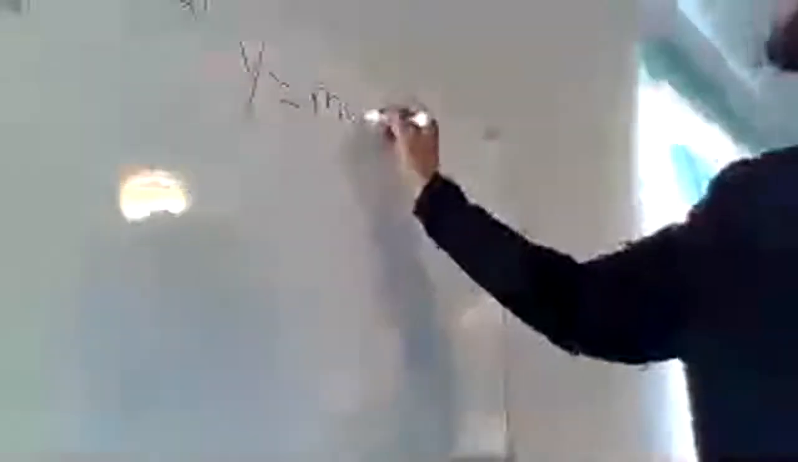All right. So again, slope intercept form is y equals mx plus b. Okay. So if they give us a problem such as